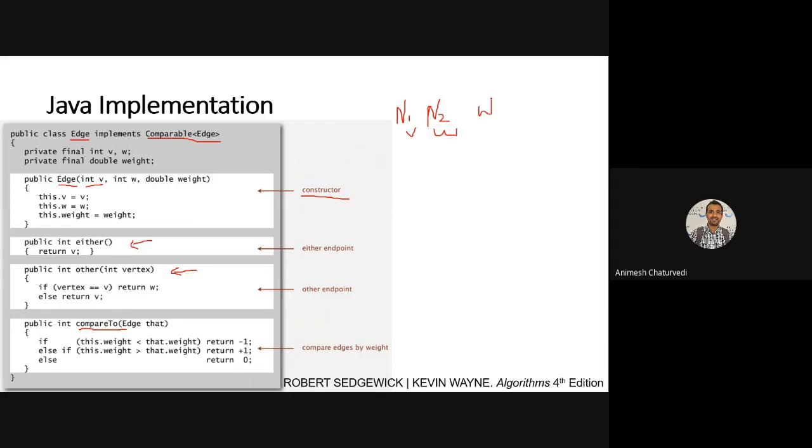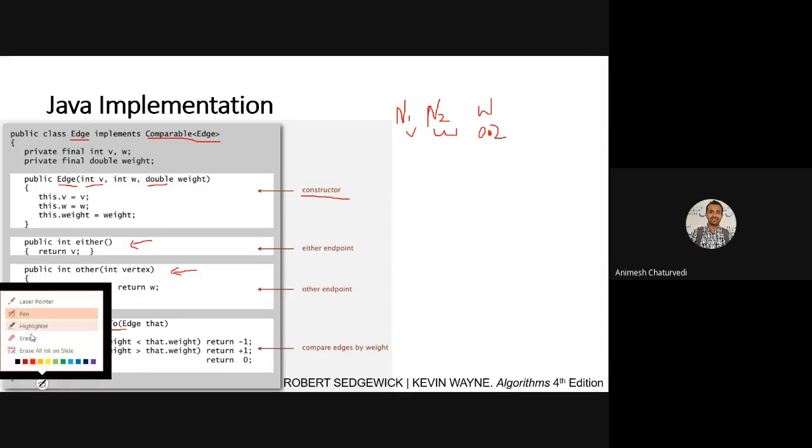The weight could be a numerical value, like 0.2, or if it is an integer then you can have 2, assigned as a double. So u and v would have the weight 0.2.